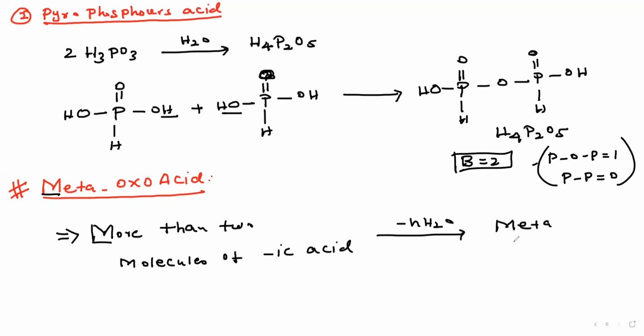This meta is classified into two types. One is chain, the next one is cyclic. We discuss one by one. First we discuss the chain, then I go for cyclic. Now going to discuss the cyclic metaphosphoric acid. Please note, the first one is chain. First discuss chain. This is metaphosphoric acid, chain, now open. Cyclic is a ring. You know very well the basic thing.